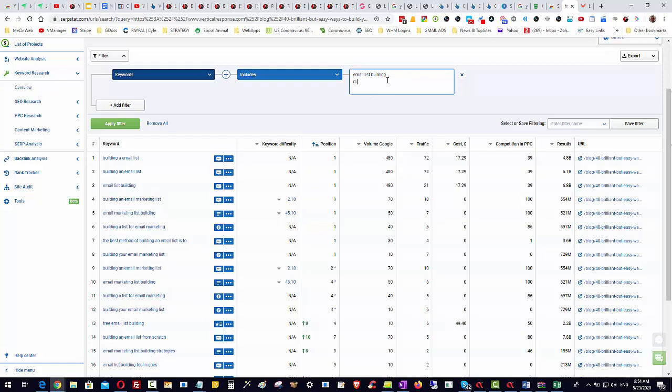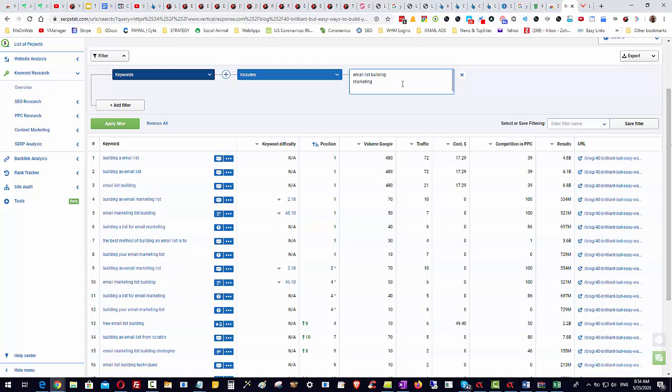Okay, so I'm going to put in here the keyword marketing, because we've already got the keyword email up here. If I put marketing in here anywhere, it's going to have email marketing in broad match. And this way we can just go through. Now, why would I want to do this with